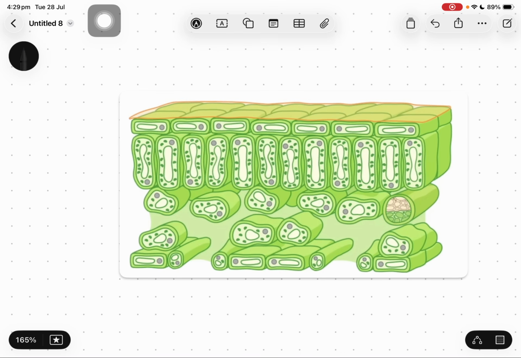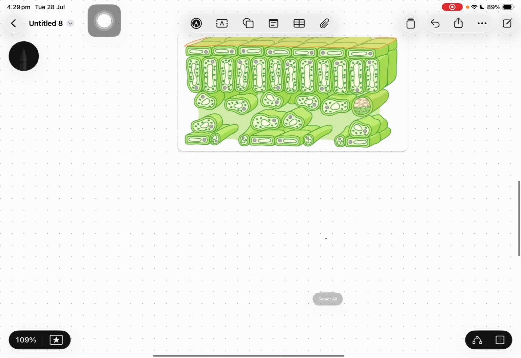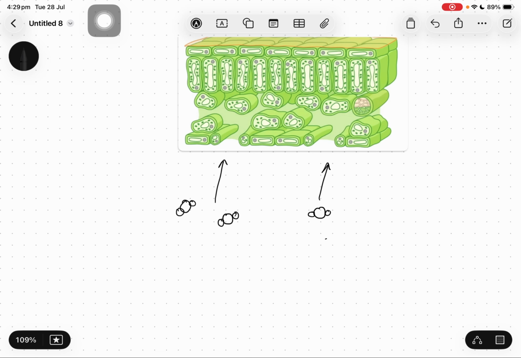So firstly, we know that for photosynthesis to occur, the plant needs carbon dioxide from the outside air. So we can see that there's stomata. We can see these tiny gaps, and each leaf may have thousands of these. These are called the stomata. So these allow the carbon dioxide to diffuse in,